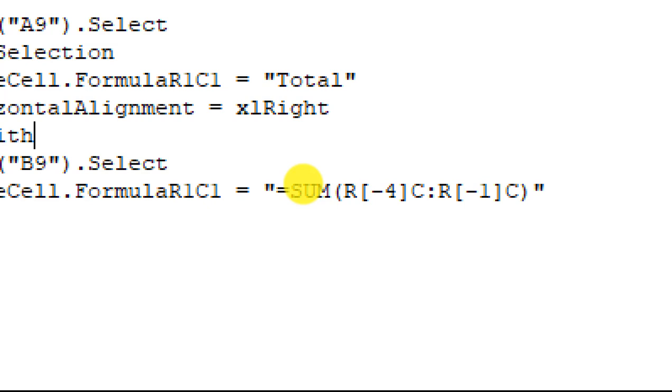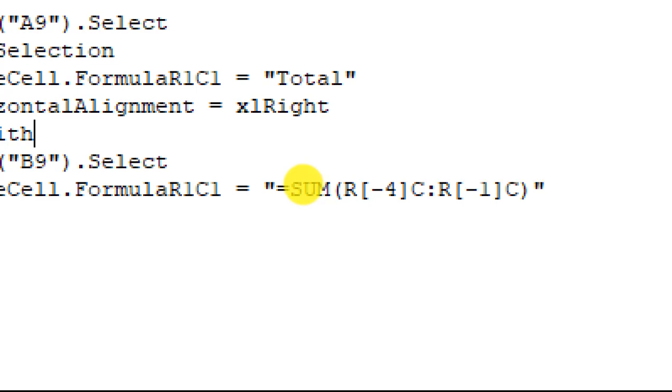And we've been doing this chapters long enough to know that absolute means that's the one no matter what, whereas relative means it's the one compared to or relative to something else. So relative to the cell that we're in, back up, and in the column that we're in, the cell, back up 4 rows, minus 4 rows higher than wherever we are, through, that's the colon, through one row above where we are, the one cell above where we are. So above where we are, from cells -4 to -1, take the sum,